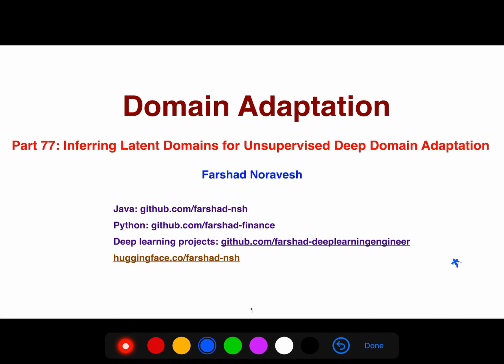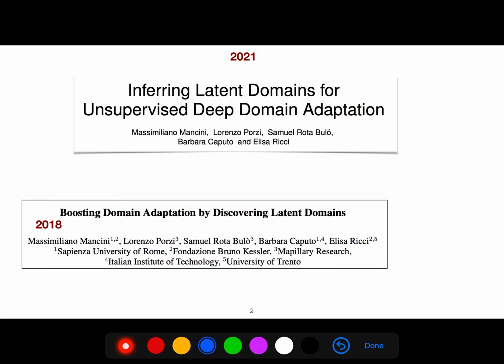Alright, so in this video I'm going to be explaining another important article with this title, Inferring Latent Domains for Unsupervised Deep Domain Adaptation. Because sometimes your domains are not explicitly given, so we need to discover them and put them under this latent discovery structure. So this paper in 2021,